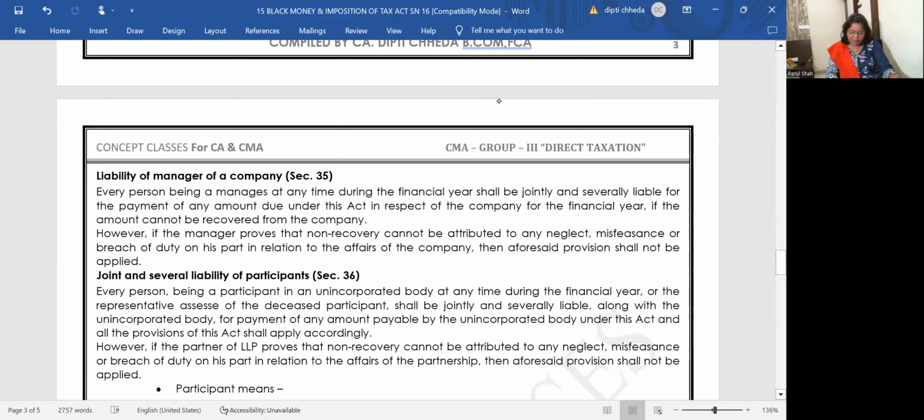Liability of the manager of a company. Every person being manager at any time during the financial year shall be jointly and severally liable for the payment of an amount due under the Act in respect of the company if the amount cannot be recovered from the company. However, if the manager proves that non-recovery cannot be attributed to his neglect, then it may not be applied. So in short, whenever there's a default in case of the company, who will have to be liable to pay all money and imprisonment and all? Manager. But if the manager can prove that without his knowledge a few of the staff have done this fraud and all, then they may be